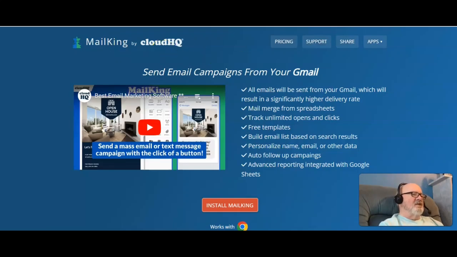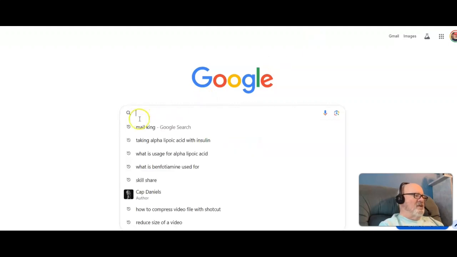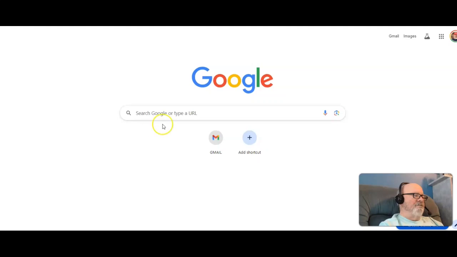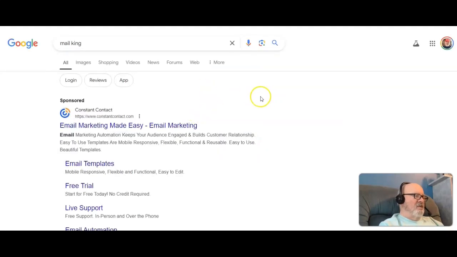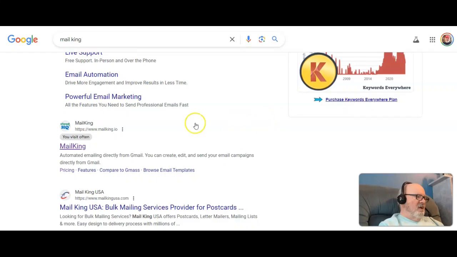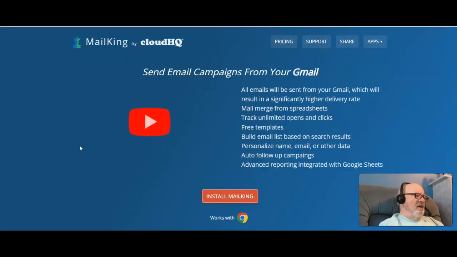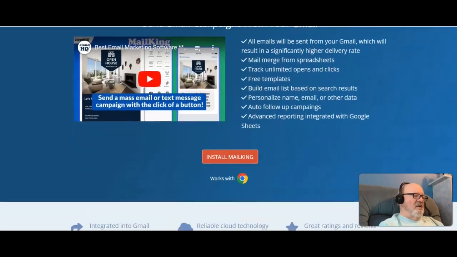So now to get this, you want to go to your favorite Google search and just type in MailKing. And you should come up with a list. You may have to scroll down a little bit until you find MailKing, but here it is with the CloudHQ. Click on that, and it will take you to the page that we're on here. Scroll down,